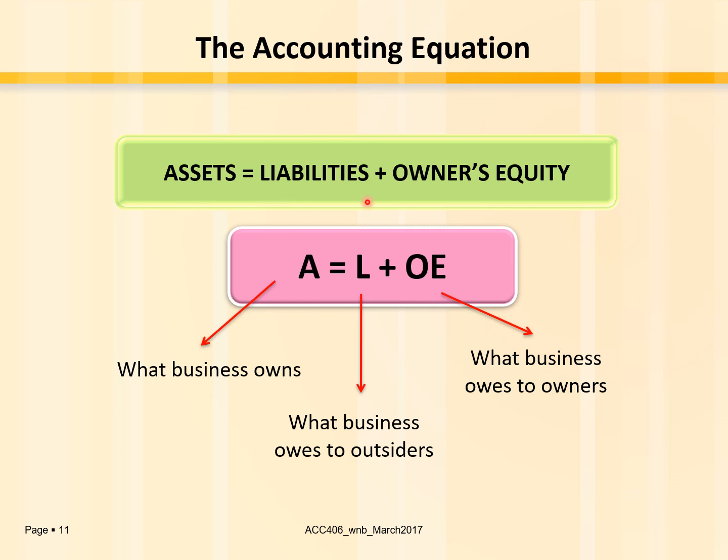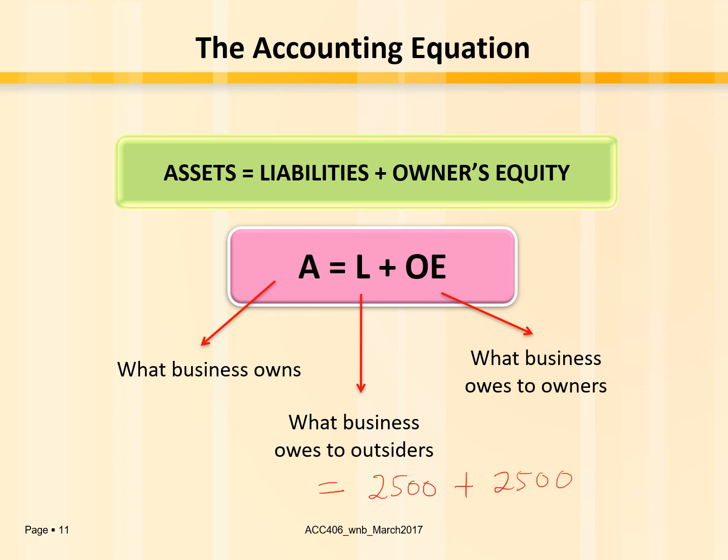Asset sama dengan liability campur dengan owner's equity. So, asset adalah apa dia kepunyaan bisnes tersebut. Liability adalah apa bisnes tu hutang dengan orang luar. Owner's equity adalah apa bisnes tu hutang kepada owner tu sendiri. So, kita tengok macam tadi kita nak berniaga goreng pisang, kita bagi tahu yang kita guna duit sendiri, right? So, mungkin juga sebab kita tak ada duit, okay, kita pinjam 2,500 daripada orang lain dan kita keluarkan duit kita